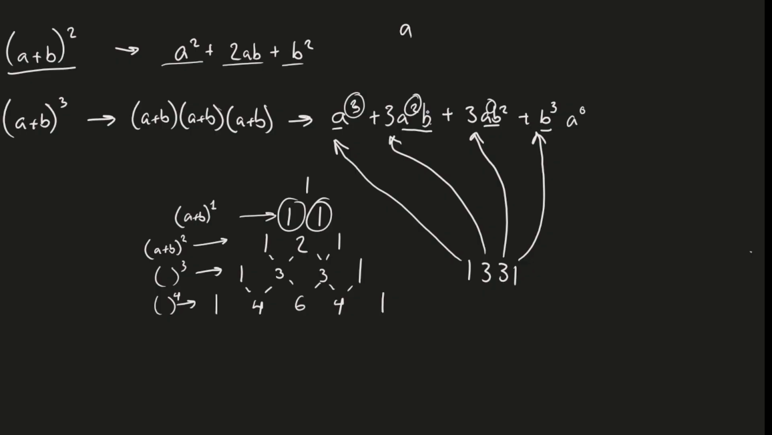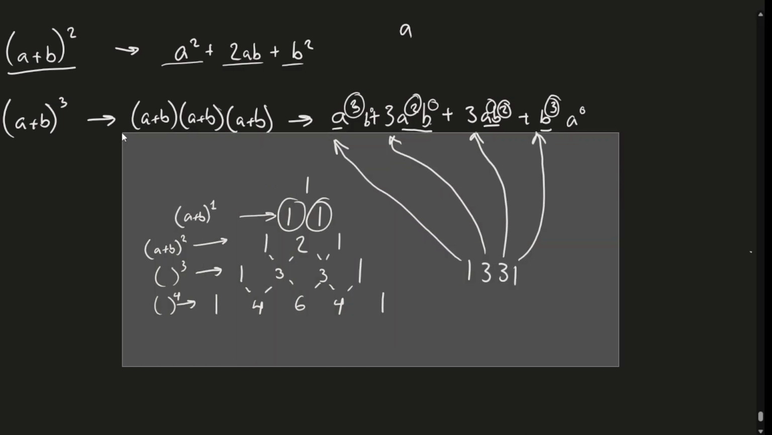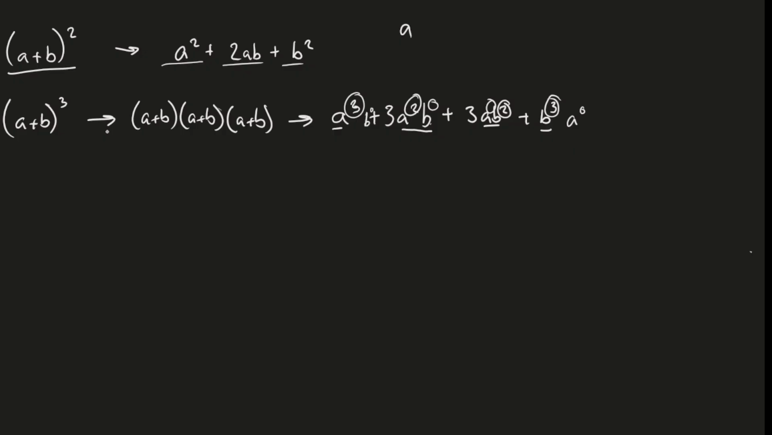And then for the b term, we start with b to the power of 0, followed by b to the power of 1, b to the power of 2, b to the power of 3. So what is happening essentially is that in any expansion (a plus b) to the n, the way we find the power of the coefficients